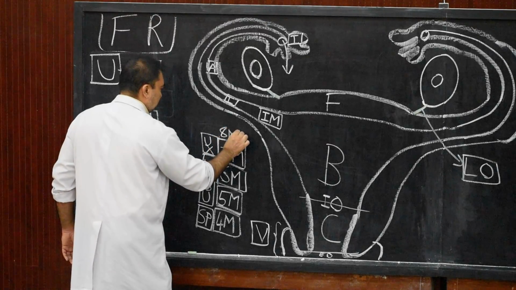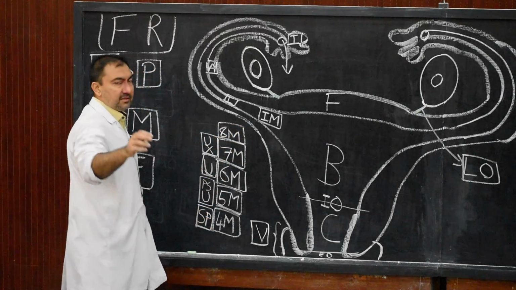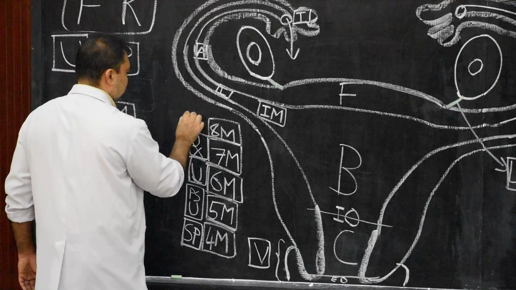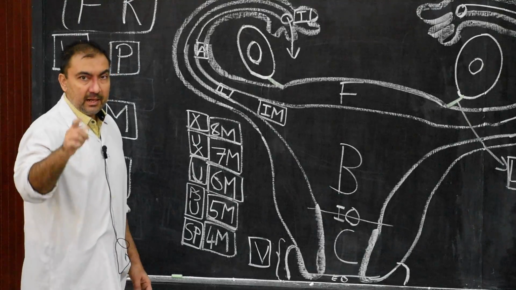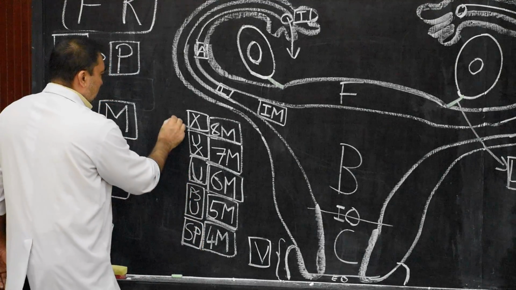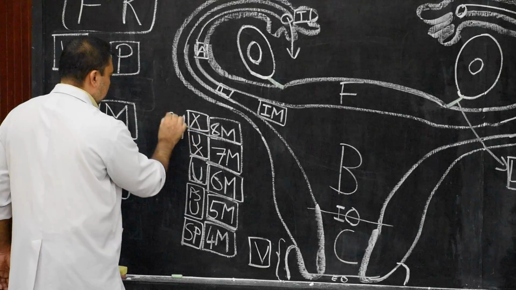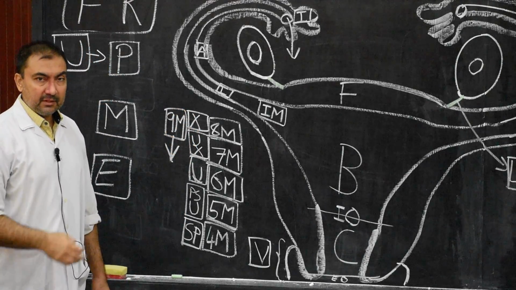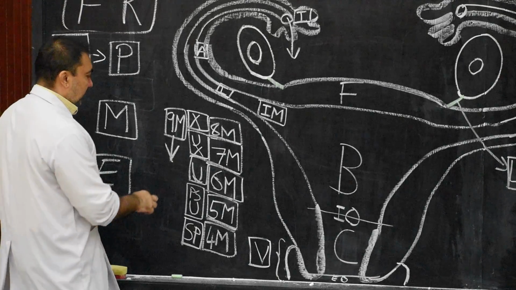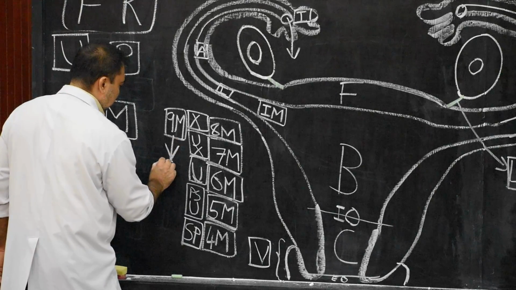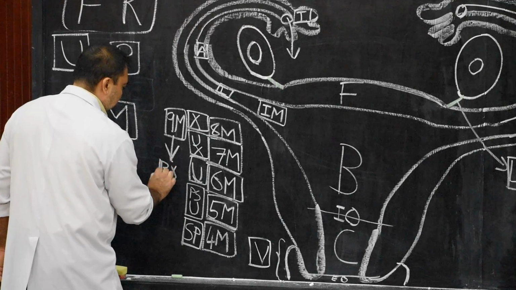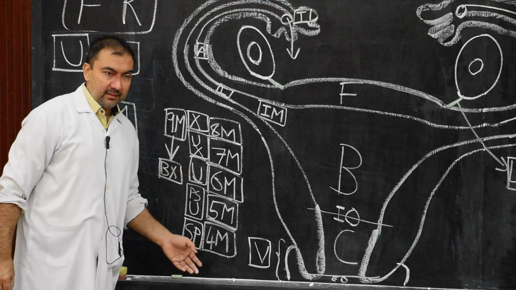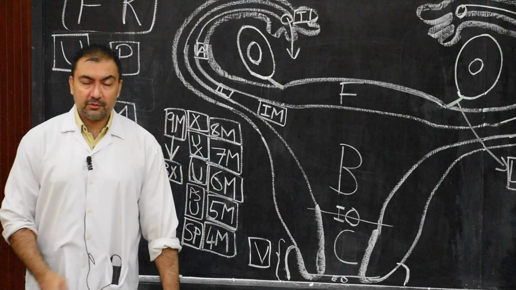8th month, at the 8th month it will reach the xiphisternum. Remember, the fundus is going to reach the xiphisternum at the 8th month. 9th month, now at the 9th month, the height will decrease. It will come below the xiphisternum. So at the 9th month the fundus will come below the level of xiphisternum. So this box, if you remember, it will help you in clearing the various types of MCQs or short 1